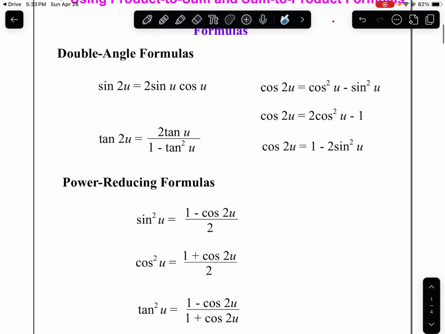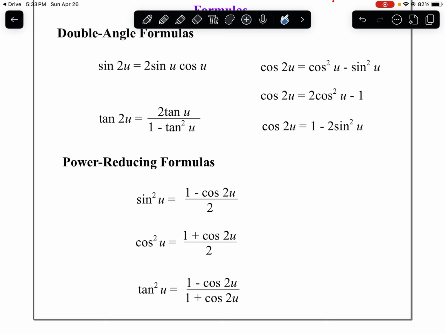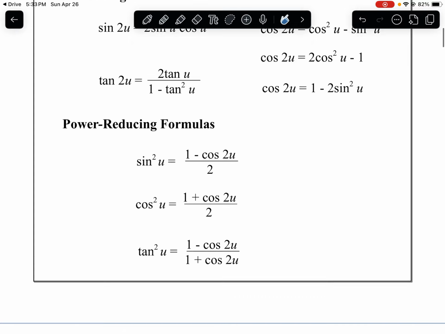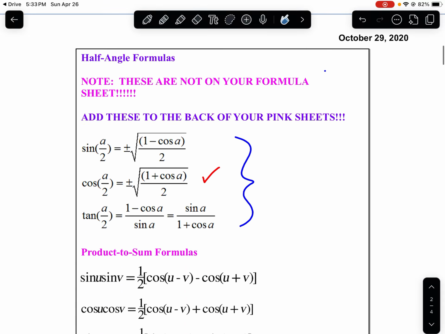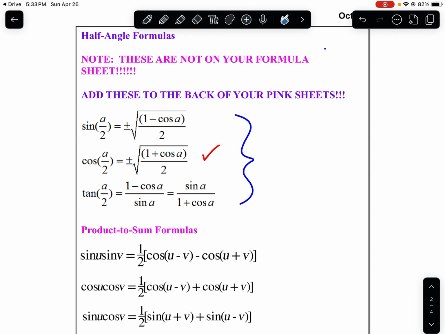I know it sounds like a lot, so we'll try to break it down a little by little here. Most of these formulas are on that unit circle sheet. Your double angle ones, your power reducing ones, sum to product, product to sum are all on there. They're on the right hand side underneath the unit circle. The ones that are not on that unit circle that I would recommend adding somewhere, if you need to pause this video or go look at the notes on Schoology to find them,